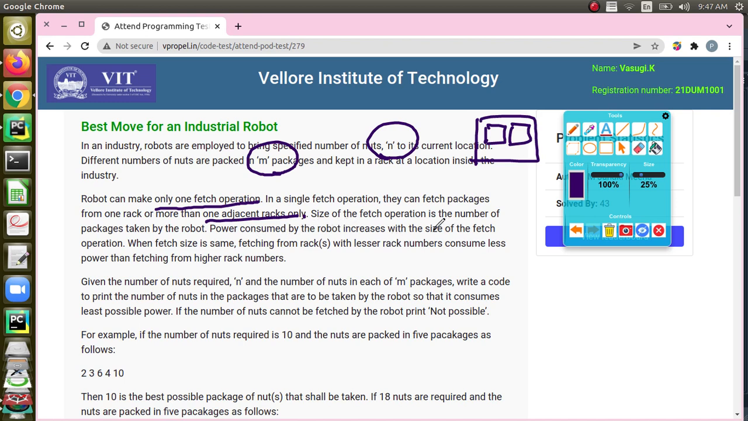Power consumed by the robot increases with the size of the fetch operation. So power will increase if it is going to take too many packages. Imagine the arm has to be stretched more and so on. When the fetch size is the same, fetching from racks with lesser rack